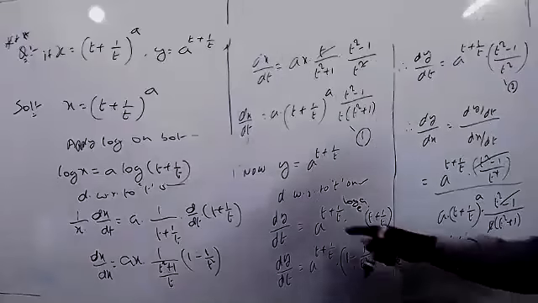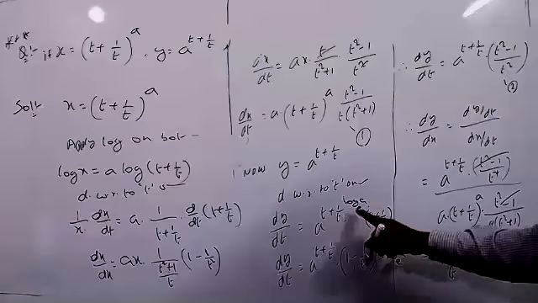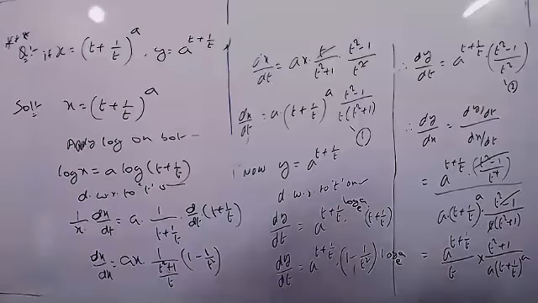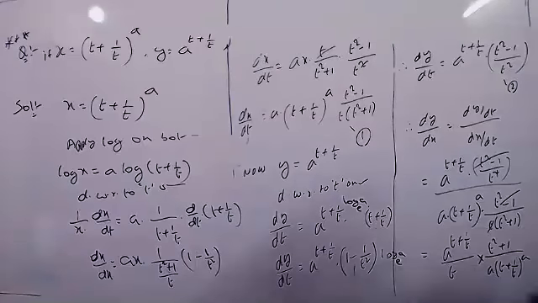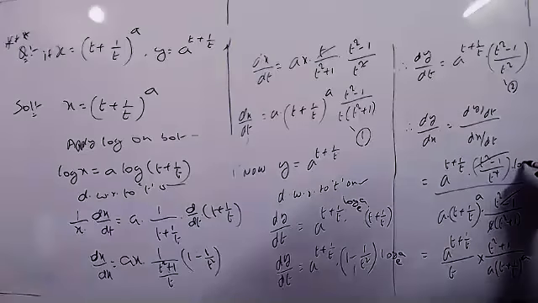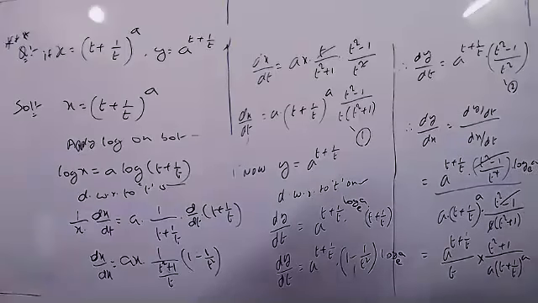Because logarithm of a power x equals a power x into log a base c. But what is the a here now? But this also is compulsory, we have to differentiate that. That's why we got this value. So here you can write it is the log a base c also, you can write log a base c, and the rest of all I can write now.